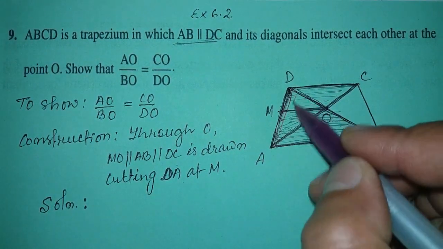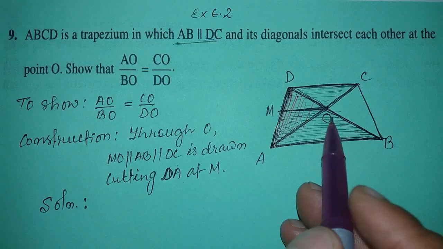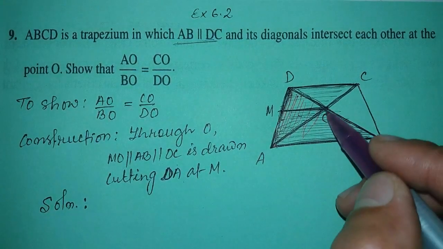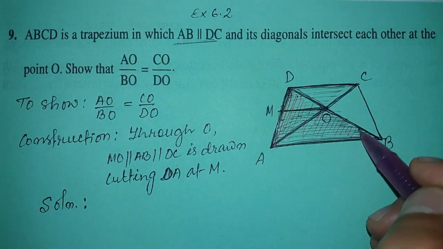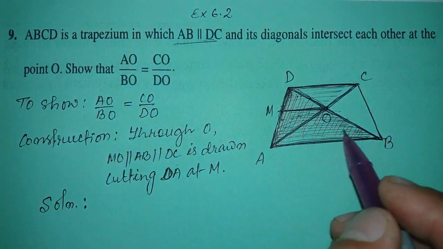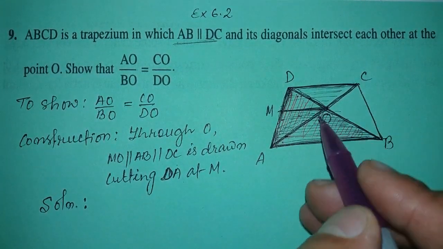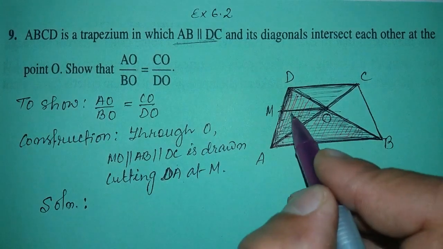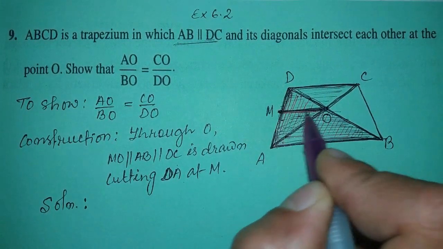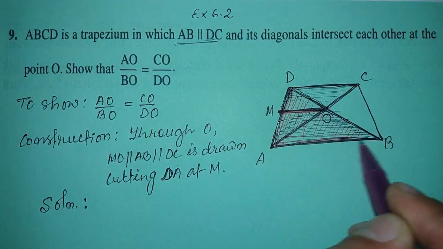Now in this triangle DAB, MO is parallel to AB,